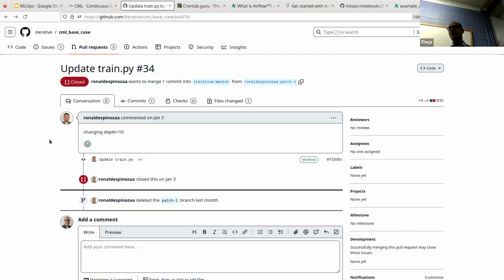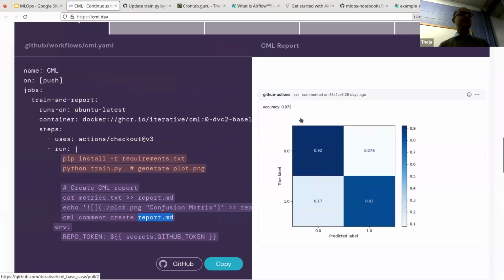I need to just look around the repository, but you'll see a confusion matrix very similar to this, right? This is actually a screenshot from GitHub. You can see the GitHub Actions bot commented on a certain commit, and it just shows the accuracy and the confusion matrix. You just need to see something like that in that repo. I'll take it out in a second.